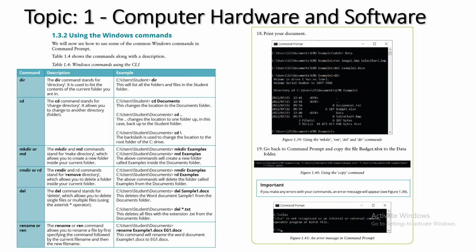We also highlight important points like errors. If you type out a command incorrectly, what kind of errors are you expected to see? That way the student knows exactly what to do if they come across an error as well. So this is topic 1, which is an overview of the hardware and software concepts, and also the Windows commands.